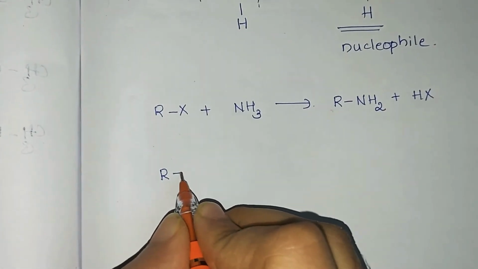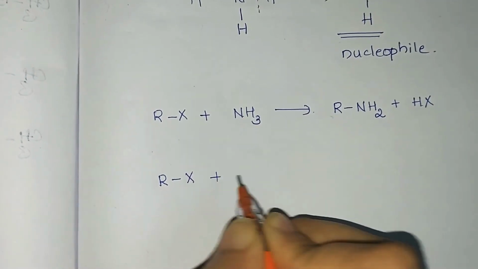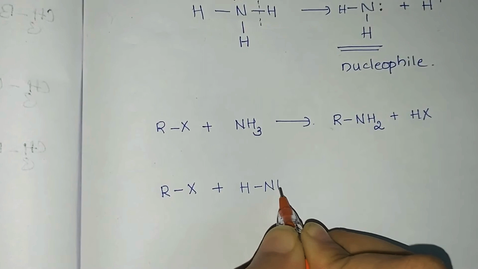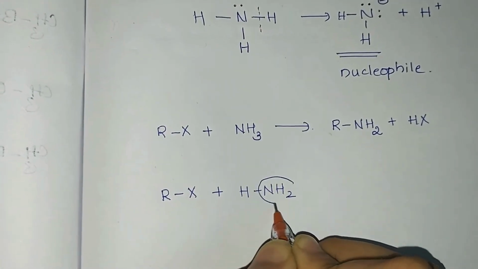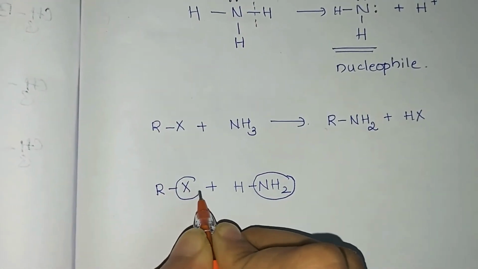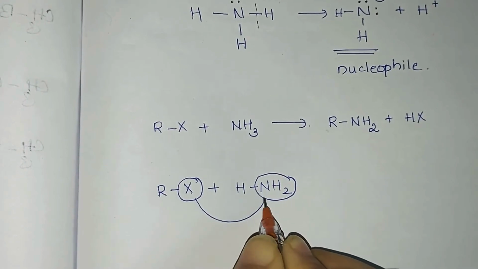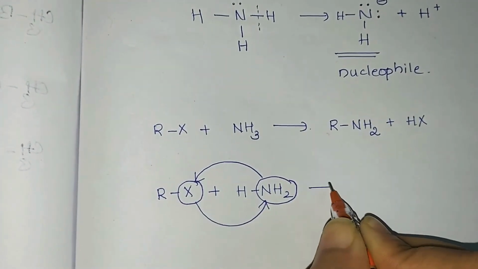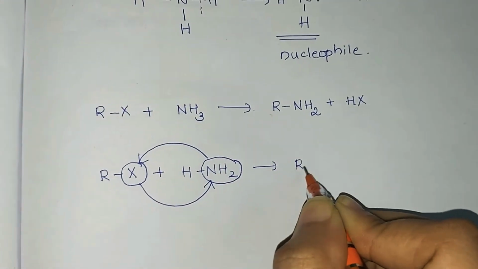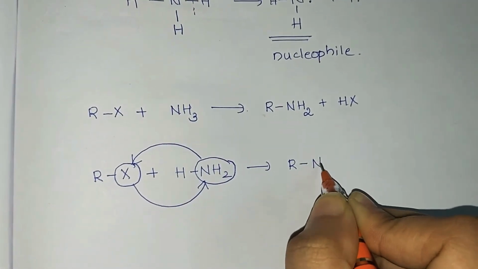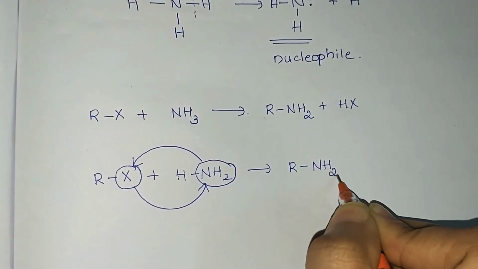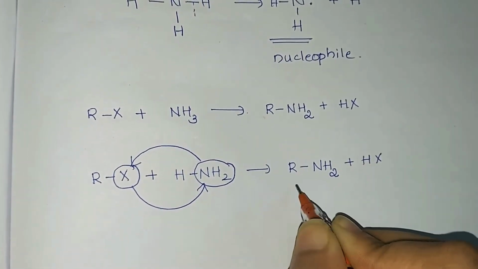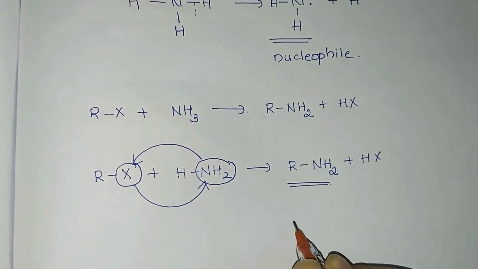Next, let us consider the reaction here. Instead of writing NH3, the same reaction I'll write as HNH2. Both mean one and the same here. So here in detail you can see that the nucleophile is getting substituted. Halogen is substituted by NH2, and NH2 by the halide ion. So the product obtained here will be what? RNH2 plus HX. So what do we say? The class of product obtained here is called amines, and primary amine.